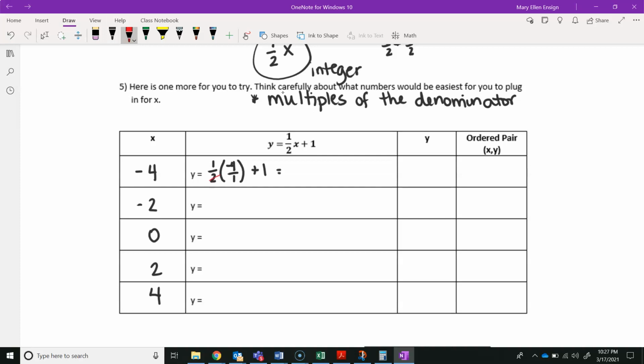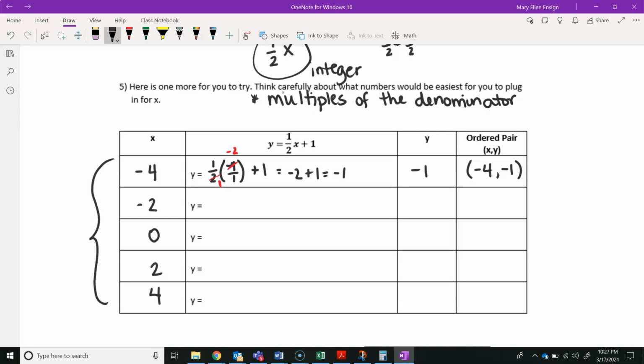Well, 2 goes into 2 once, 2 goes into -4, -2 times. So I have -2 plus 1 equals -1. I have a nice integer, so now my ordered pair is relatively easy to graph, just as easy as anything else, because it's integers. Okay, so the important part here, the new part, is realizing that when you have a fraction